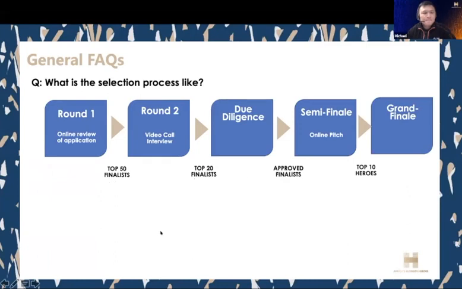Great. So hopefully that explains it. We did get an additional question around the due diligence and what that really entails. At that point, PwC is going to verify the information you've provided, which is why we put in the guidelines that it's very important for you to be honest. If you have stated that in 2018 your revenue was $1 million, they're going to ask for your financials to confirm that your revenue was indeed $1 million. So it's important for you to be honest.